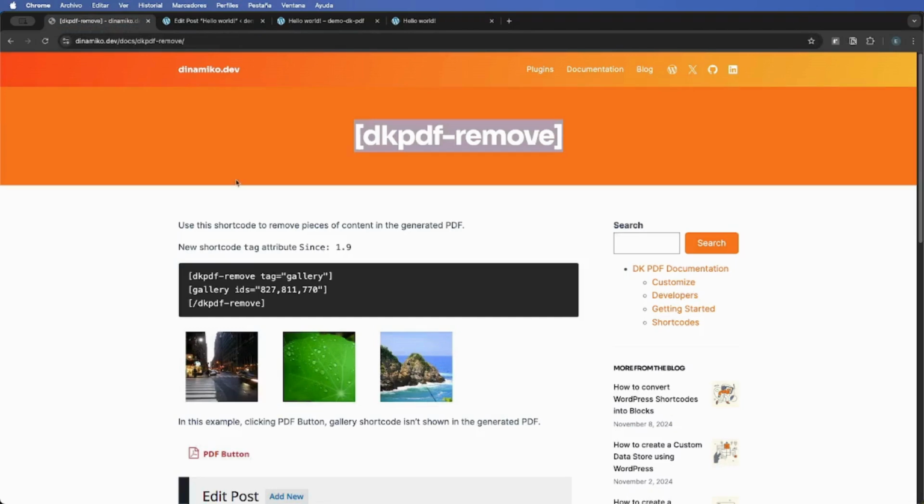Okay. This shortcode also allows us to hide other shortcodes, okay? And the way to do it is basically using the shortcode name. Here is basically the tag, but this is the name of the shortcode that we want to hide. Okay, this is mandatory to add here the name of the shortcode in the tag in order to hide shortcodes. Okay,